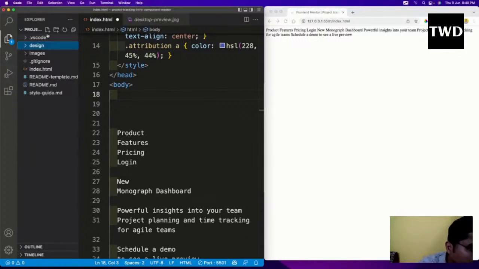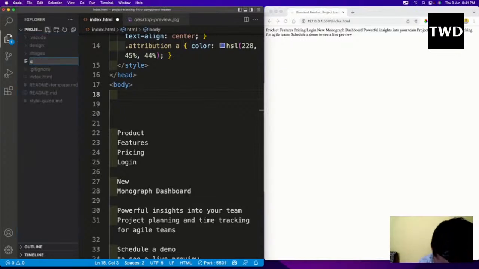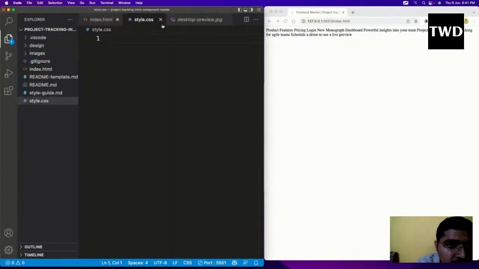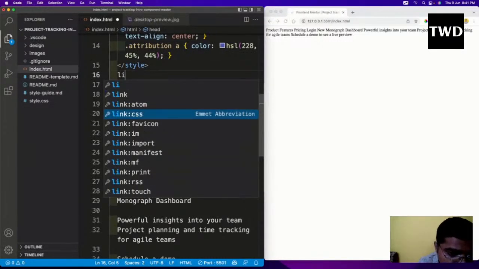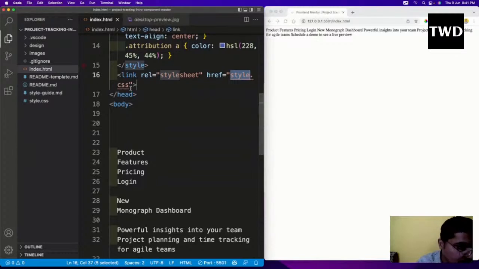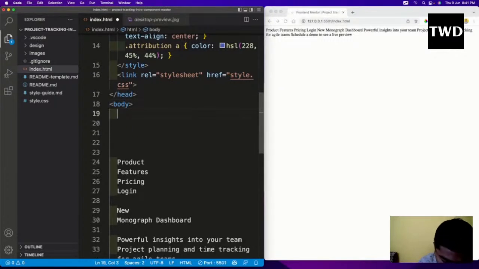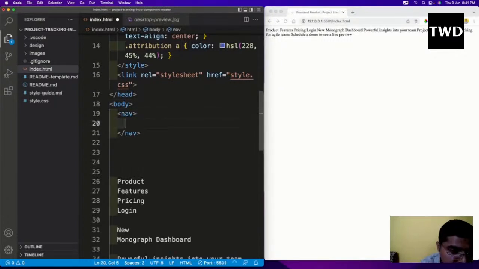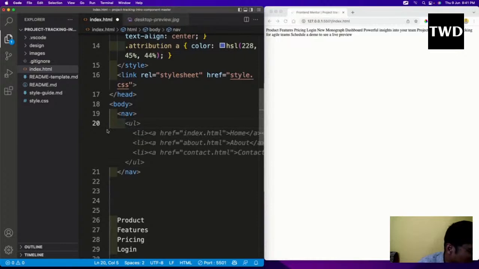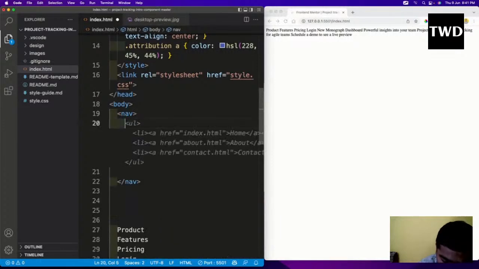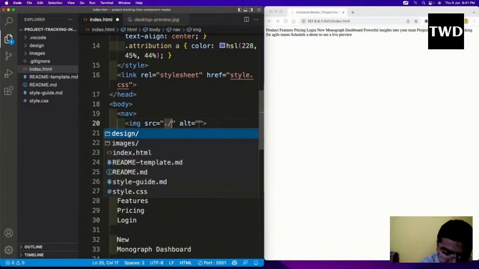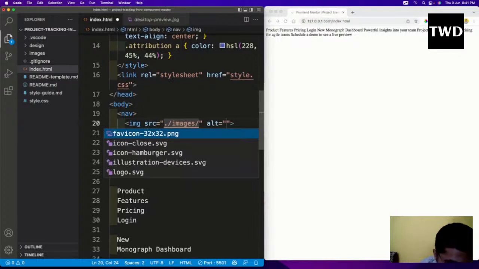Before doing anything, let's start creating the file style.css, and we'll link it, though it's not required to open it now. Now we'll start with the navbar, and inside this navbar we will have the image src, and we'll link that image tag, with the image name being